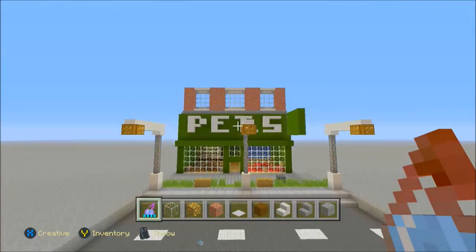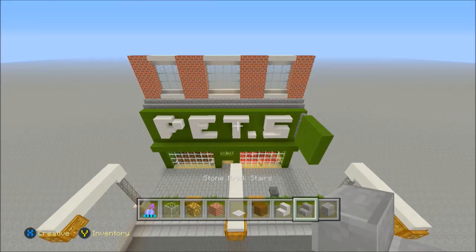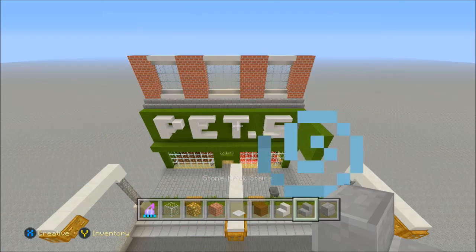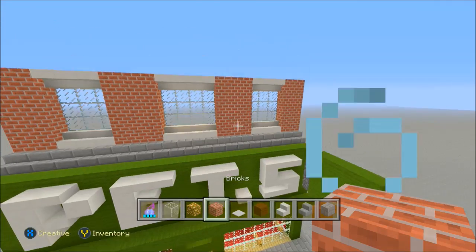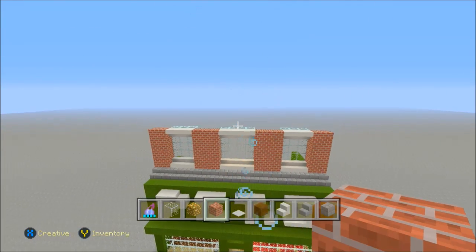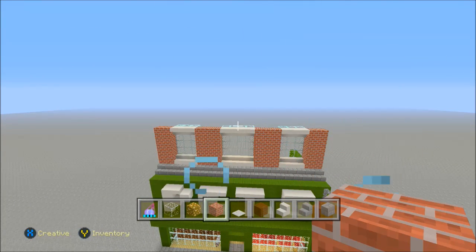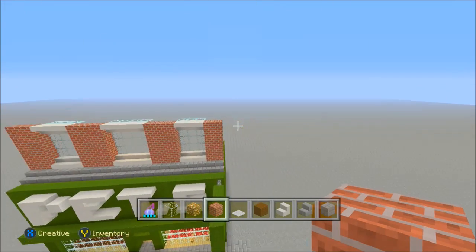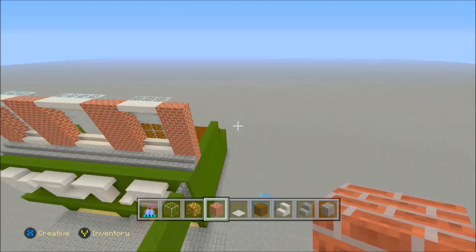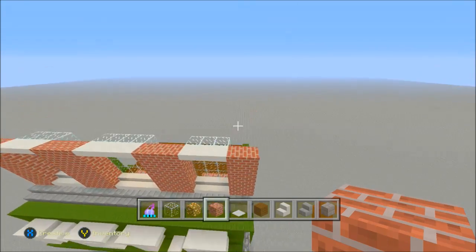And I know it's only episode 5 and we only built like one plot, but guys, this is a modern city tutorial. If it was a let's build, I would have gone much further. In my other city we're going a lot better, but I want to focus on this city a bit more, just because I want you guys to build. And I feel like the other series isn't as informational, and you guys don't really get that much from it, because a lot of you do want to copy some of the builds from there, but you have a hard time just because of the way that I build on that side.